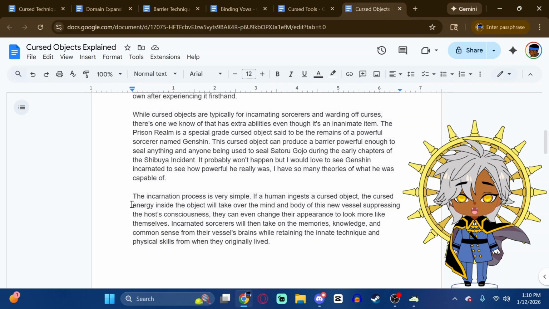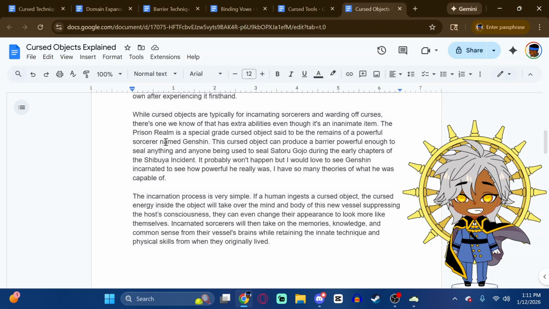So now the fingers can't be destroyed, but they also can't be used to kill anybody. They can only be used for incarnation and warding off other enemies, or warding off other curses, like weaker, lesser curses. So the prison realm is a special grade curse object